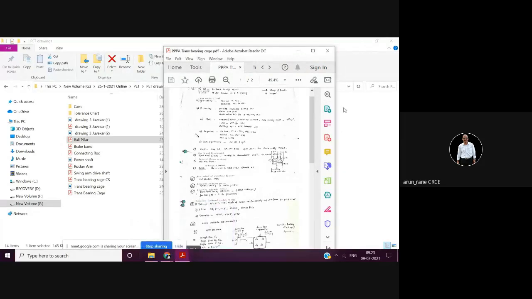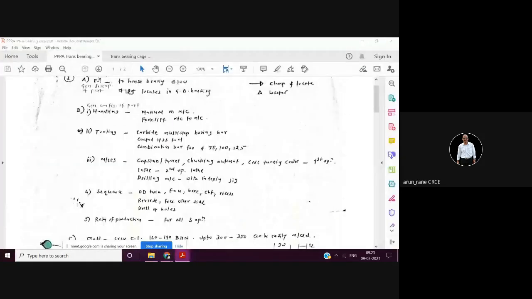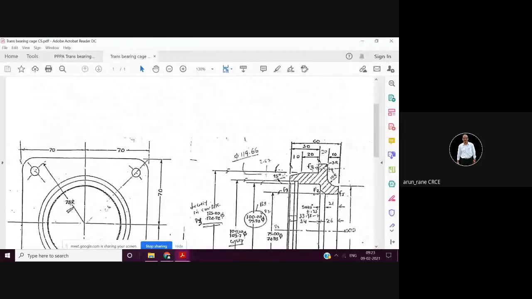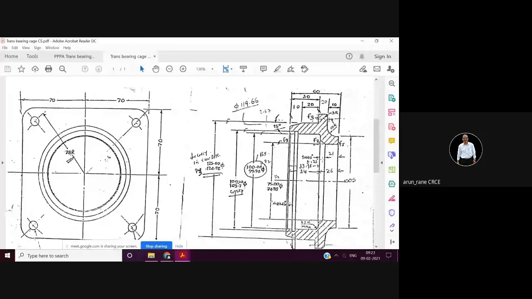Now, coated HSS tool means, see, the basic tools are made up of carbon steel or high carbon steel. Then next is your HSS. High carbon steel means the knives you have in your kitchen, the chhuri, these are all made up of high carbon steel. And above it is high speed steel, that is 18-4-1, more popularly called the 18-4-1. That is tungsten, chromium and vanadium. So 18% is tungsten, chromium is 4%, and vanadium is 1%. And then the remaining is iron if it is a ferrous material.